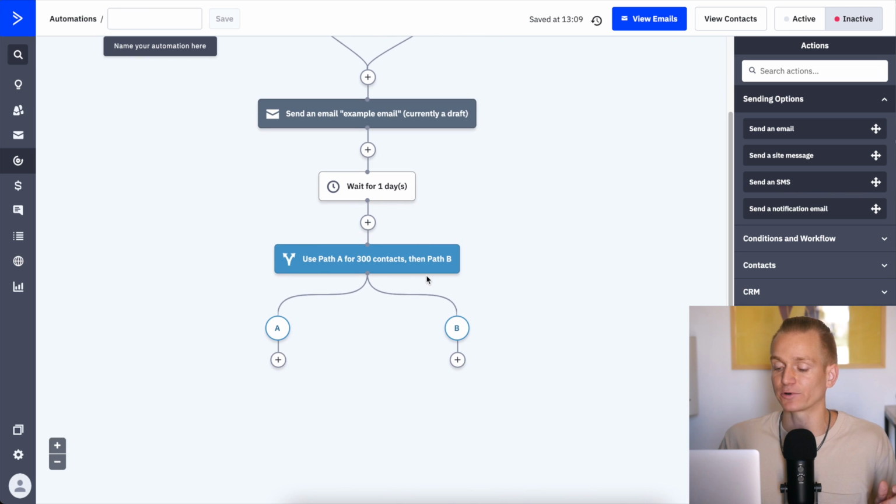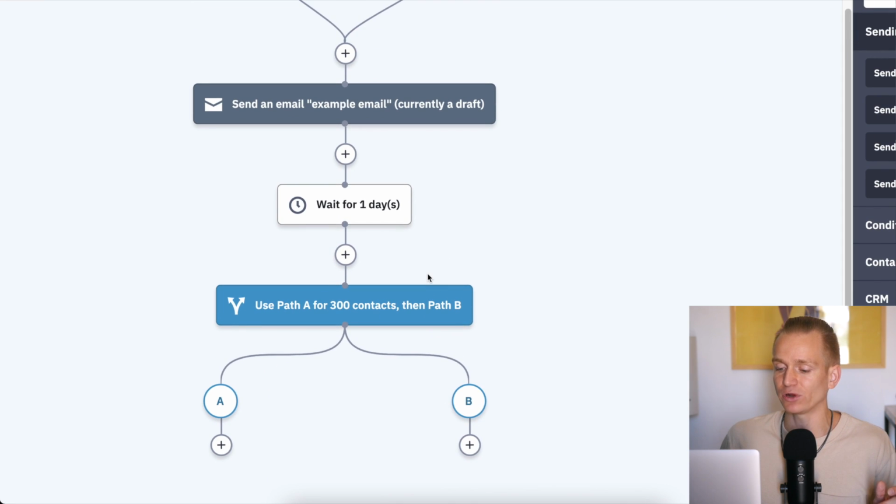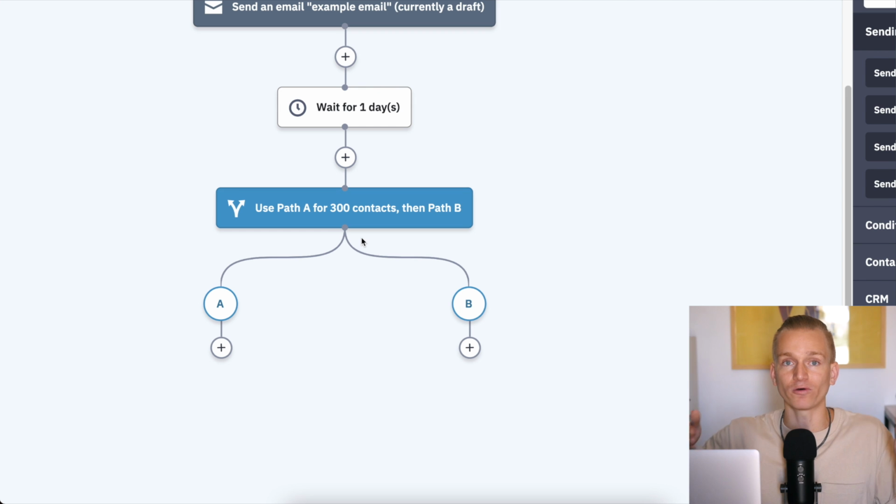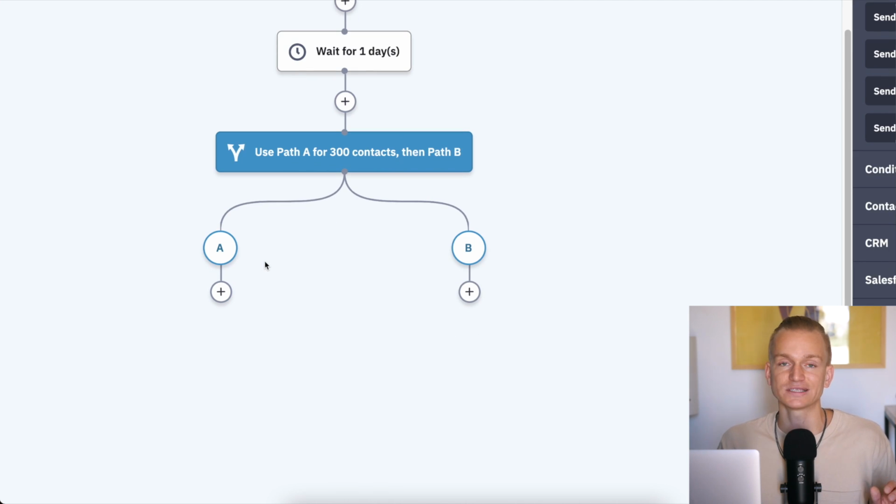What I mean by this is, for example, right here, let's say you have your email marketing automation, and here you send out an email. Let's say you do, okay, let's wait for 1 day. And then within this workflow of your email marketing, you want to perhaps divide the audience, and you can do it in half. You can actually choose a percentage, however you want to do it. Here, for example, it shows only 300 contacts going to one path instead of the other. And then I can send out, let's say, 1 email copy to half of my audience, and another email copy to the other half of my audience within the automations that I have created, and see which one performs better.